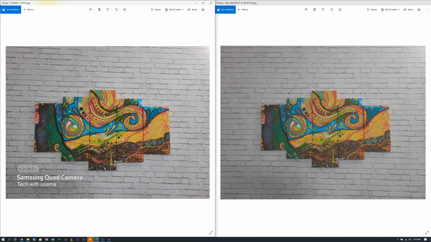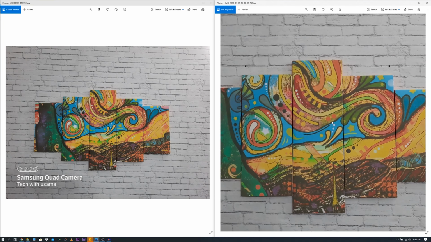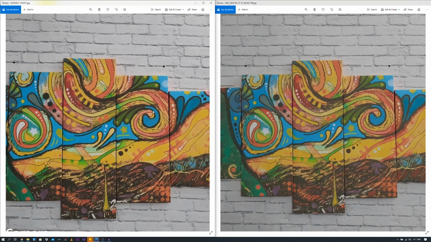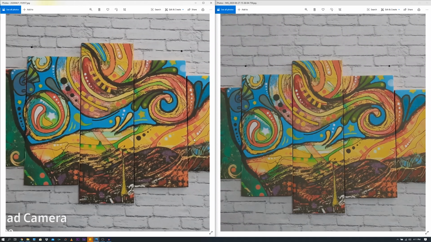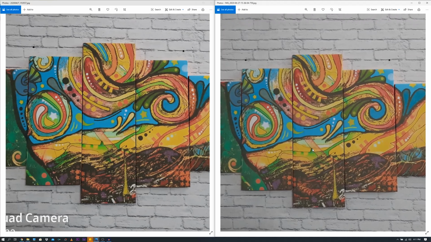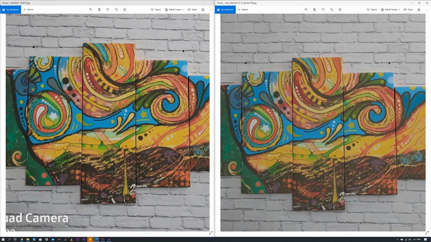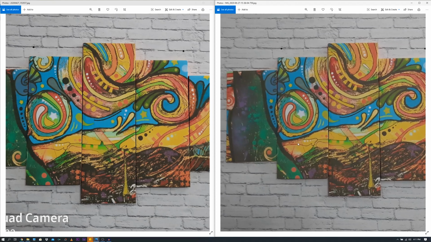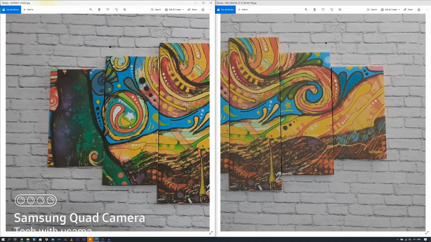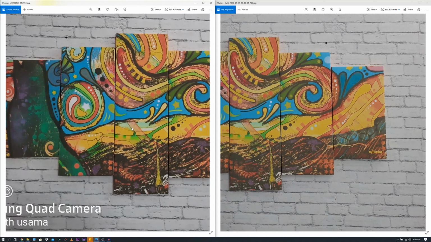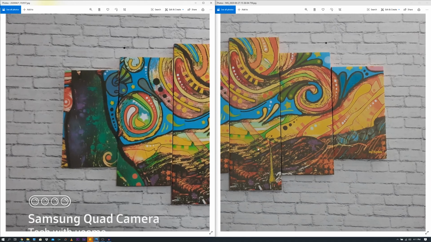And finally, this is an indoor picture. I took this picture just to show you how these phones are capturing the colors. Now you can see that the picture from the Camera Go application is not as clear as it is on the Samsung's stock camera application. The Camera Go is having that shade over it. It's not a very detailed and very clear picture. It's like the picture has some sort of filter over it. On the other hand, the stock camera application is taking a very nice, full of details and very accurate picture.